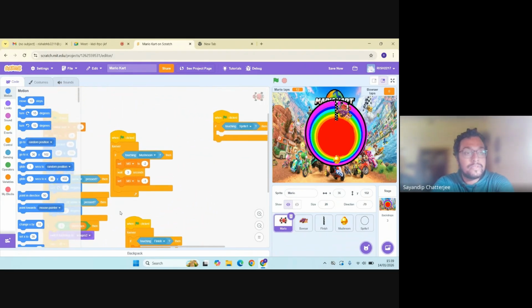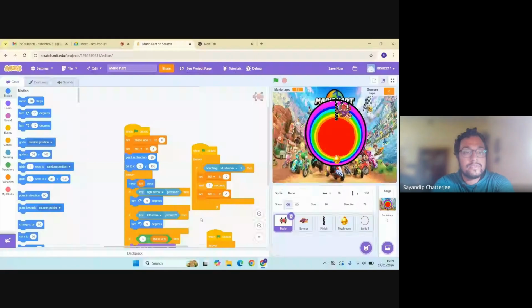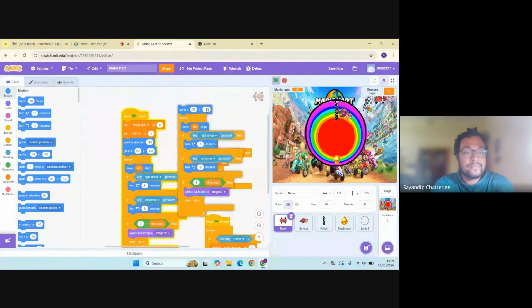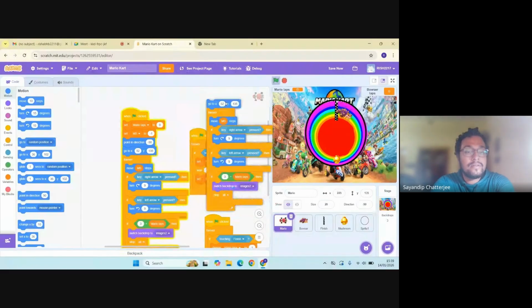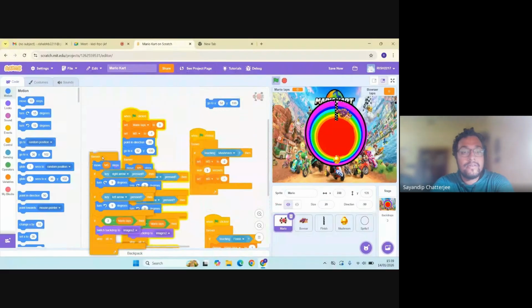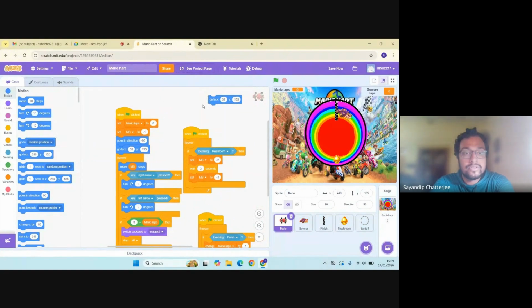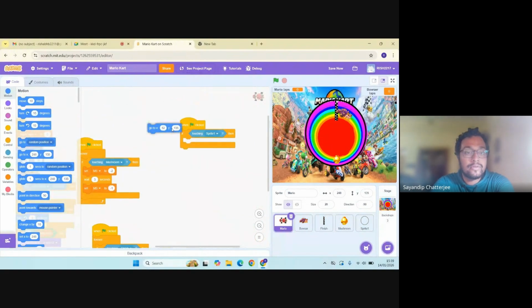It's 52, 135. Your initial position is 52, 135. But they are after the finishing line, right? So if that's the thing, then it's fine. Instead of duplicating the whole thing, you can simply take a go to block and use it there, in your sprite one condition. You can simply take up a go to